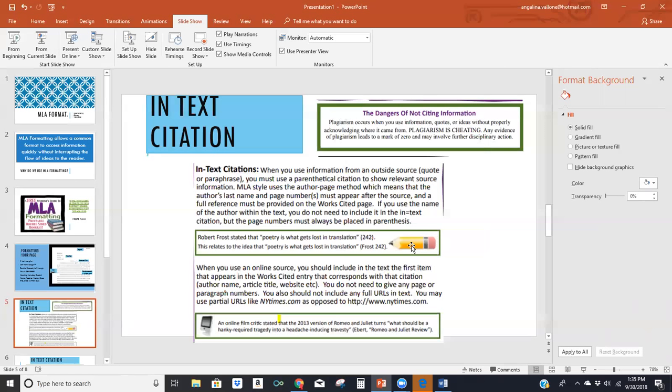And we have parentheses 242. So that's a page number. We don't know the book title, but I'm going to look for that in the works cited page, which we're going to talk about next. So you can just use the page number. I'm going to demonstrate it using a URL because I